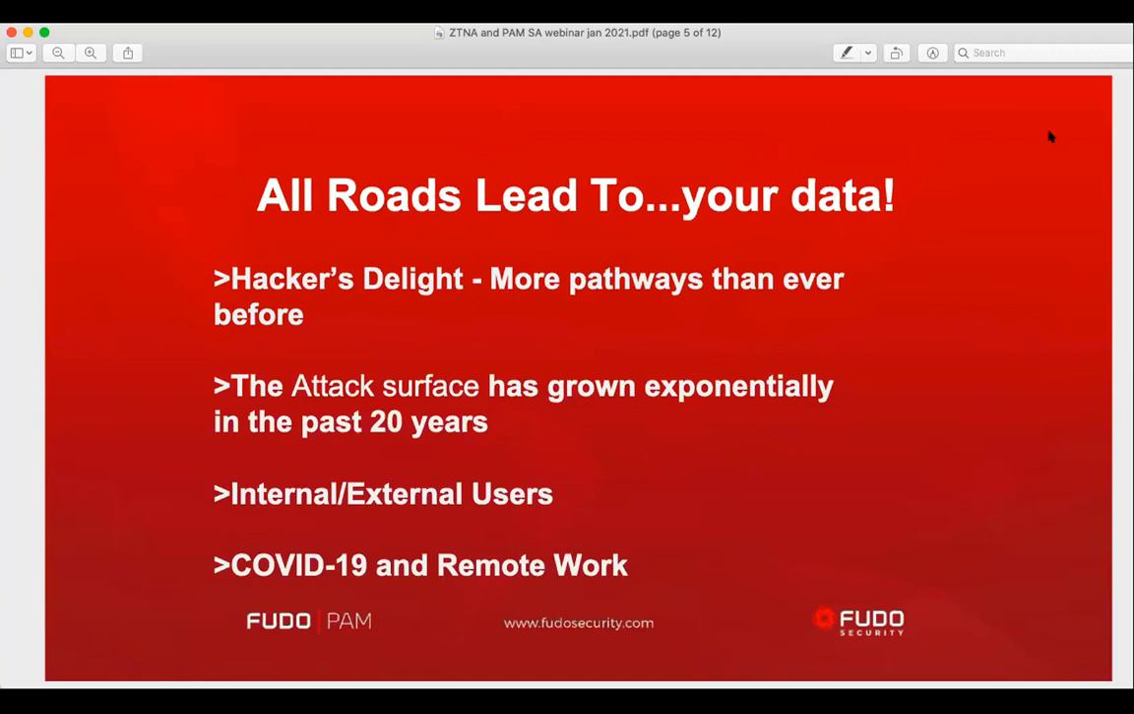More and more ways to get into data, and the attack surface continues to grow. What we often deal with in PAM, of course, is internal misuse or privileged misuse, and that is still a significant factor. And of course, with COVID-19 and the massive shift to remote work, that has really put a lot of security professionals and organizations into very, very difficult situations, running to catch up to secure their workforce and